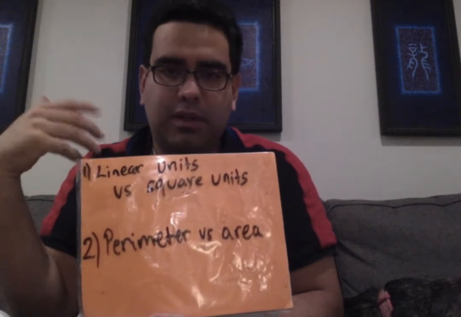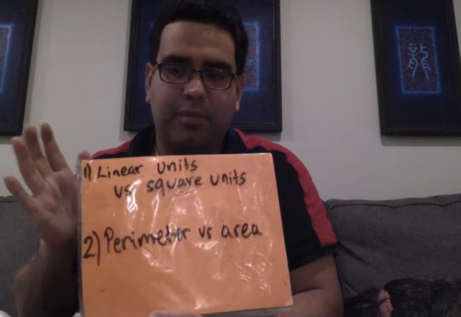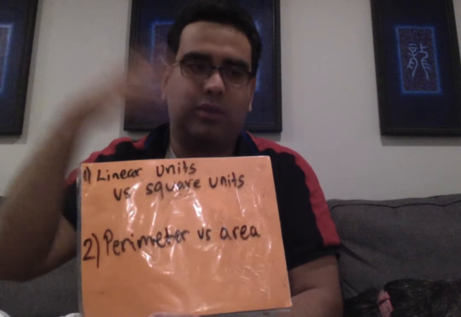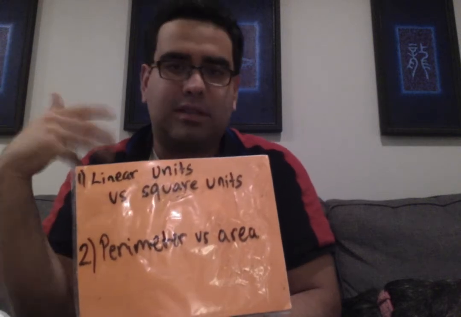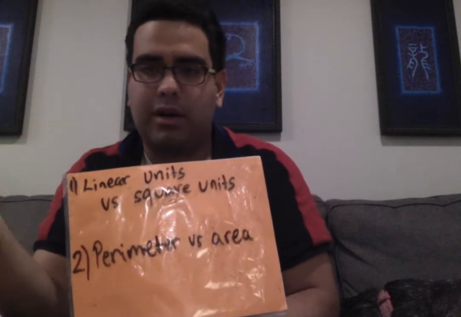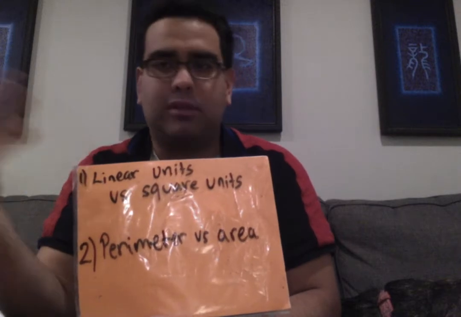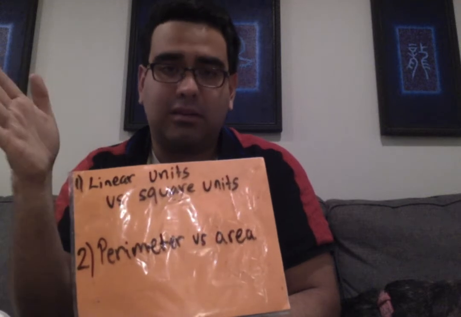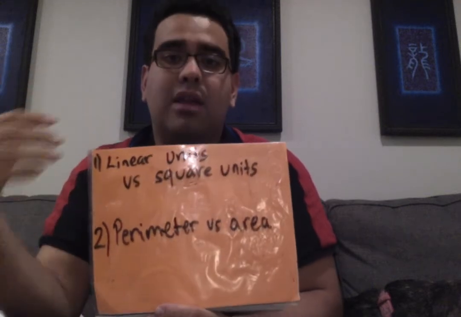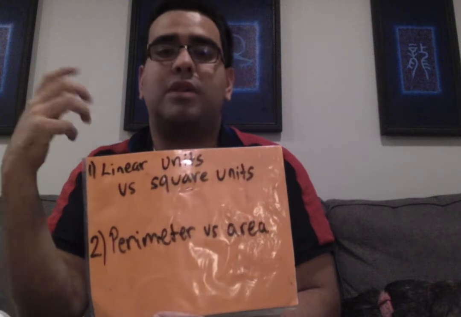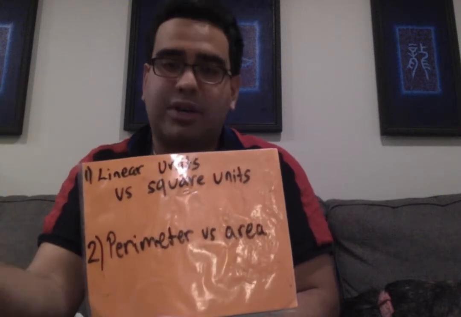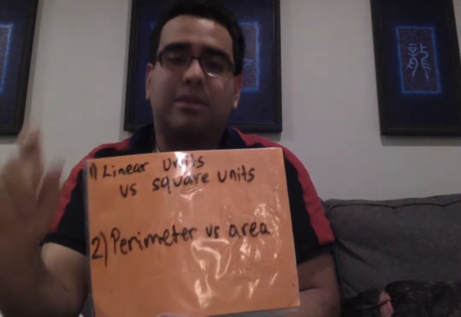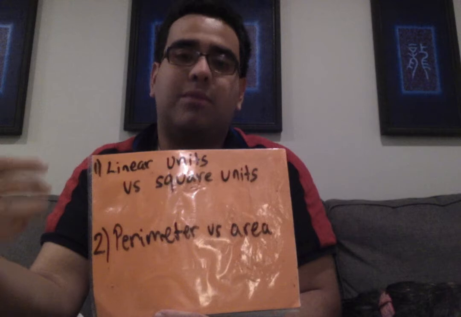Linear units are the ones that refer to basically distances from one place to another, or one point to another point, right? So the distance from my house to Dunbar, or from school, from Mundo Verde to Dunbar. It's basically a line that determines the distance, right? So the units that we use, such as kilometers, meters, centimeters, etc., they are linear units. And they distinguish themselves from square units, which is a measure of